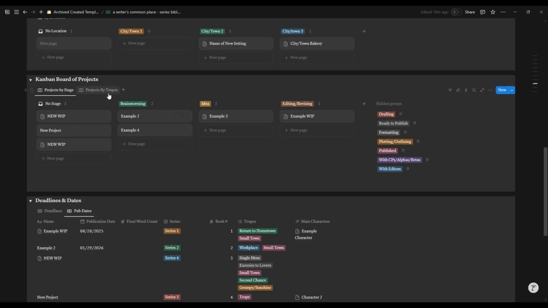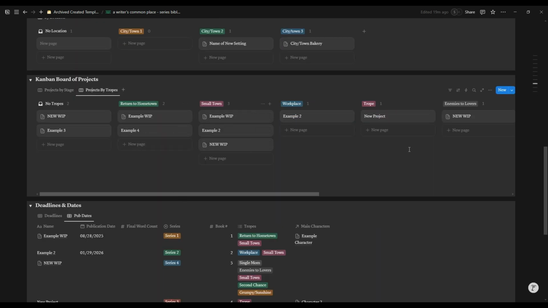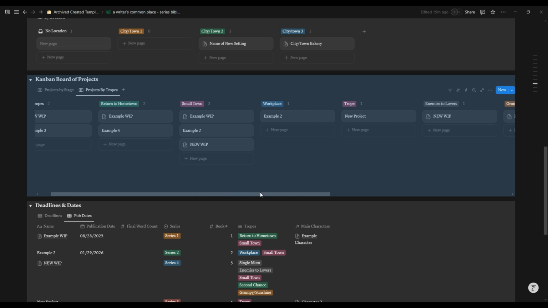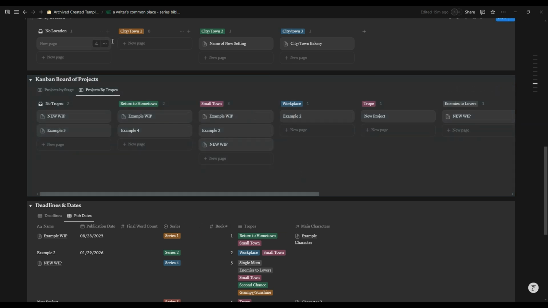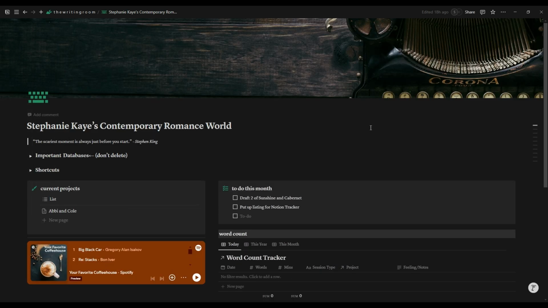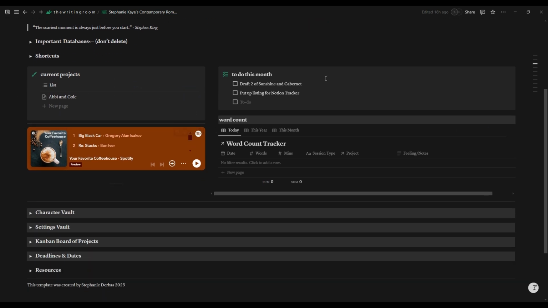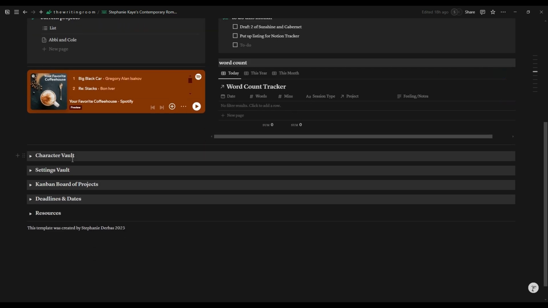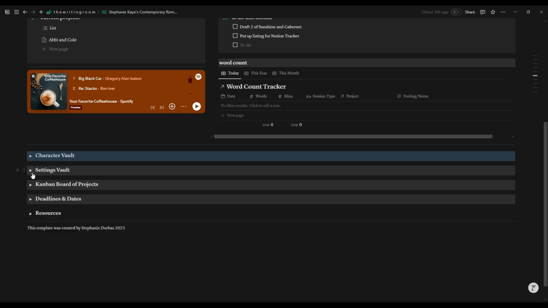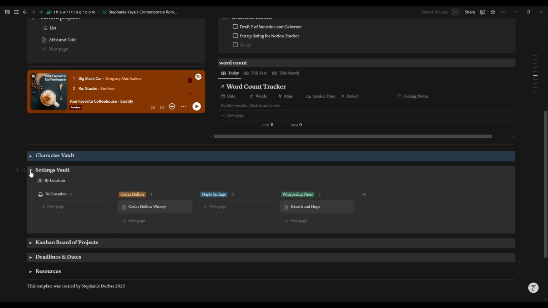And as you can see, that one, I forget which one it was, has shown up in all of the tropes that were clicked. So I'm going to go ahead and show you what mine currently looks like, just so that you can get an idea of how it works. So here is my current project. Here is my character vault. So this just shows all of the characters. I've only just started putting in my stuff. And then here's my towns and the different places,